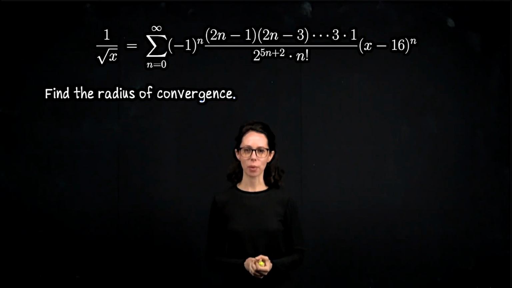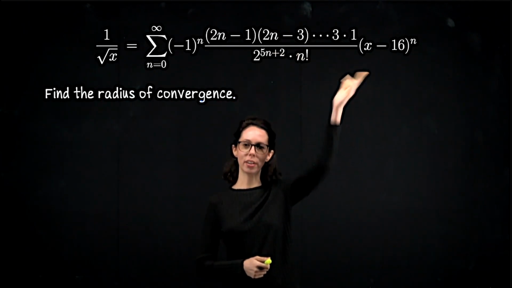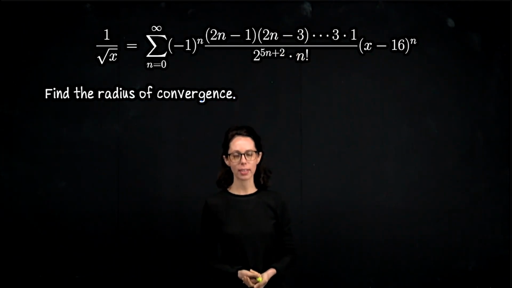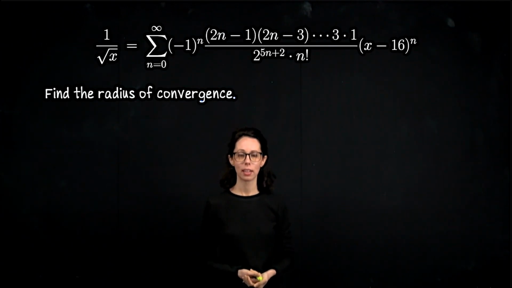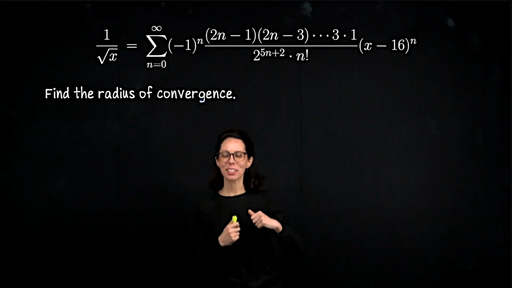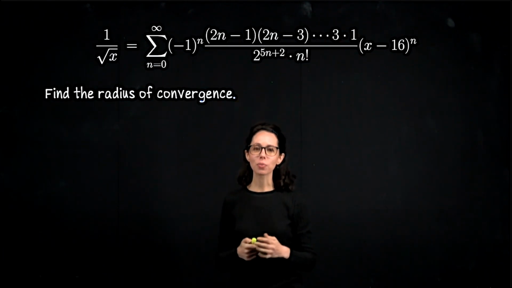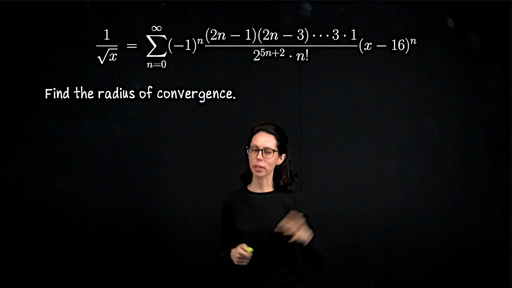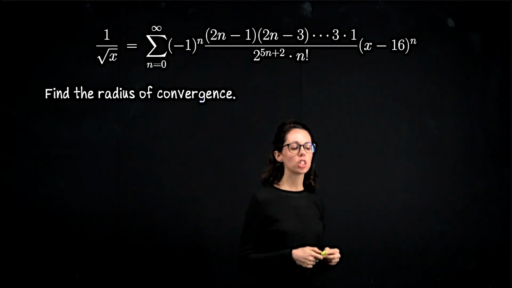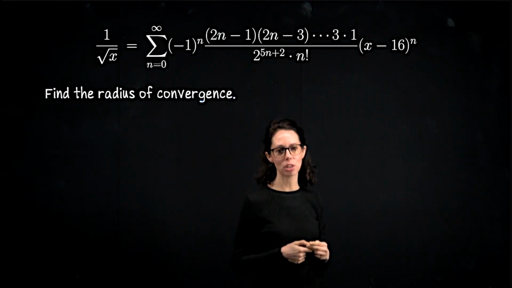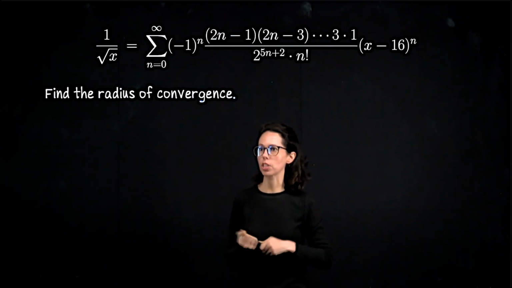Now with the coefficients that we just found, we can write down this Taylor series expression for 1 over the square root of x centered at x equals 16. So you can see it's a power series, just with the coefficients given the specific form that we worked out. Let's find the radius of convergence. And what I'm going to do, because there's already a lot going on here, is just try that test that I mentioned where we look at the ratio of consecutive coefficients.